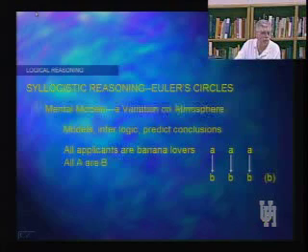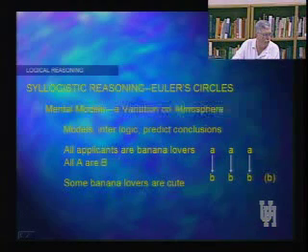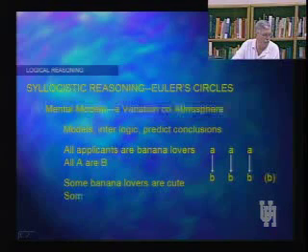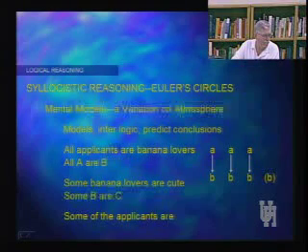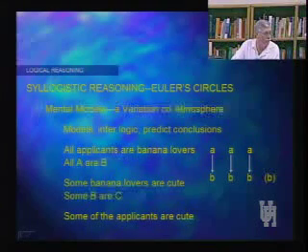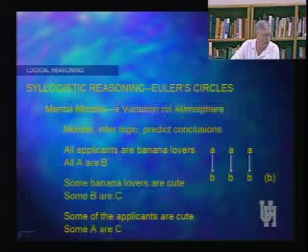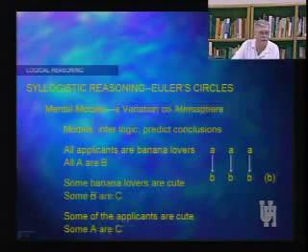The difficulty is caused by the following. We've got some other banana lovers here. I've just thrown that in for the sake of argument, and you'll see the difficulty that it causes for us. So the second assertion is some banana lovers are cute, which allows us then to do this. Some B are C. So all A are B, some B are C. And therefore, can we conclude some of the applicants are cute? You can see where this is headed. So therefore, we're arguing all A are B, some B are C, and therefore some A are C.